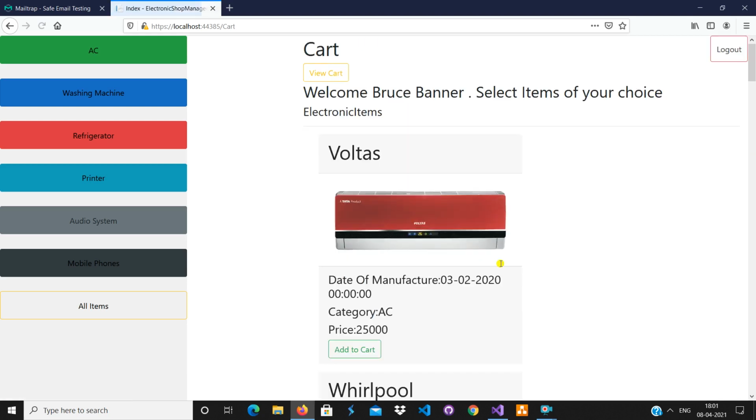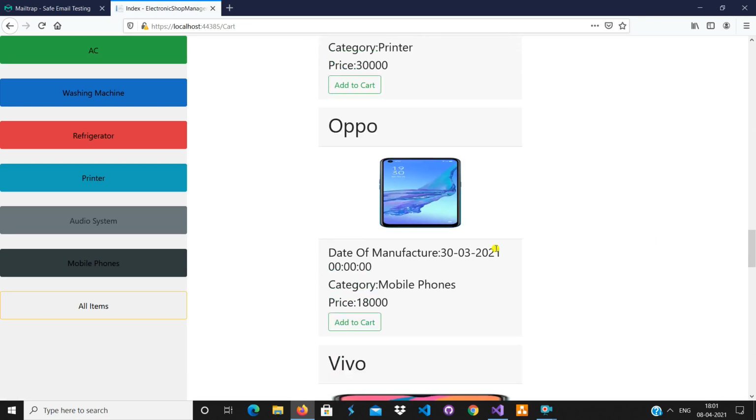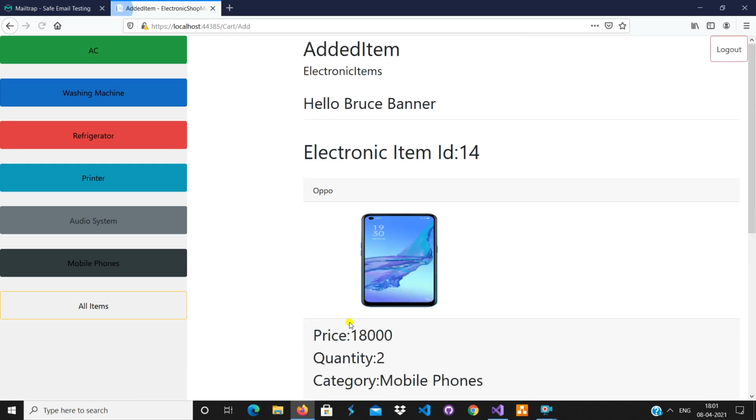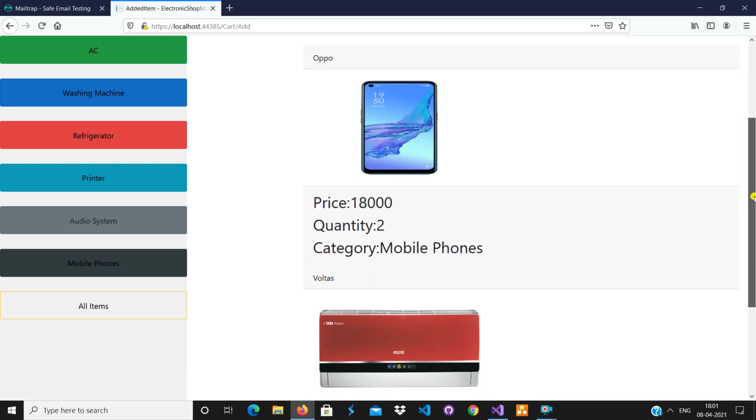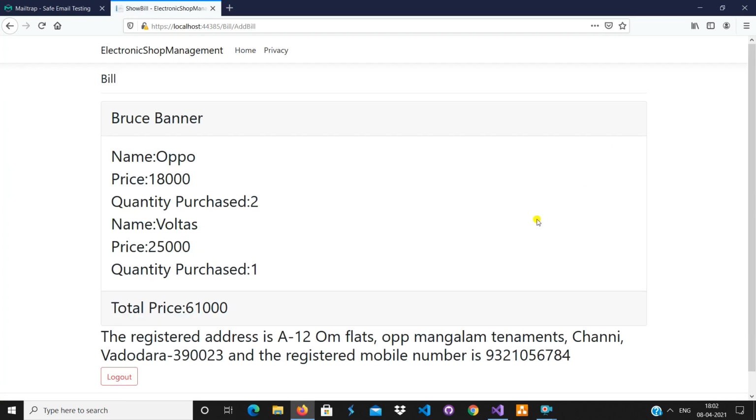And similarly, let's say I purchase two mobile phones, and it is of Oppo itself. So if I click on add to cart, you can see the quantity is two. Let's say these many items Bruce Banner wants to purchase. If I click on generate bill, the bill would be generated.